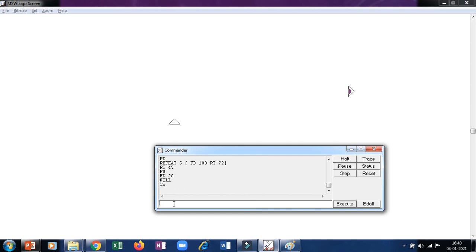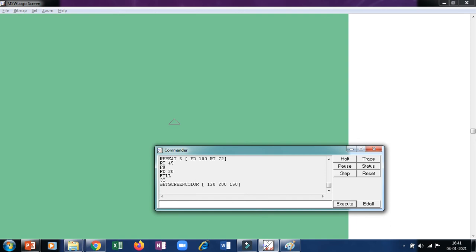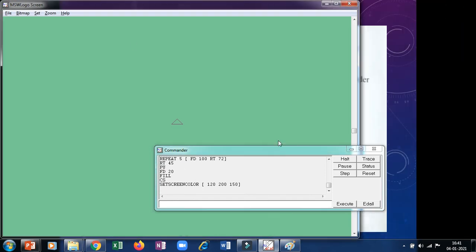Set screen color command, set screen color, COLOR. Okay, and no space in between the commands. After the complete command is written, then we have to give the space, then open the square bracket, write any 3 numbers and close the bracket, and the color is set for the screen.